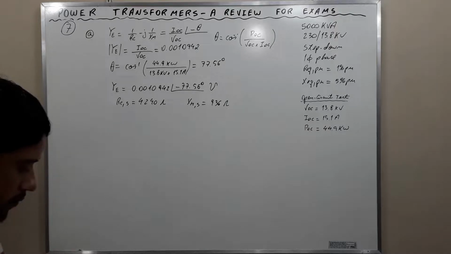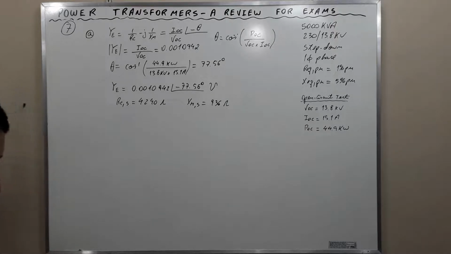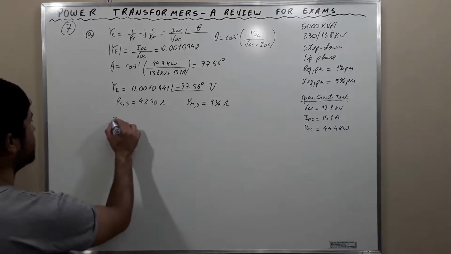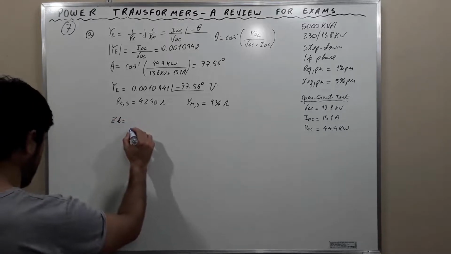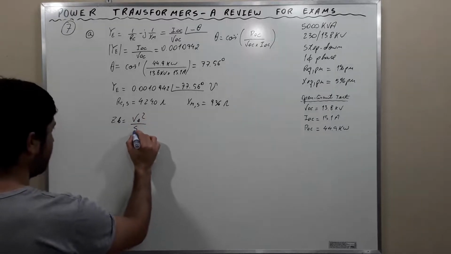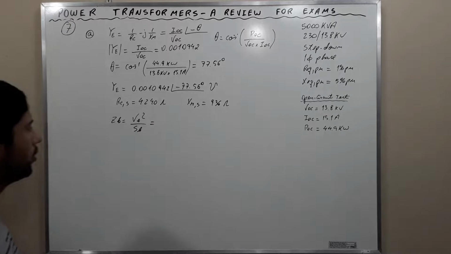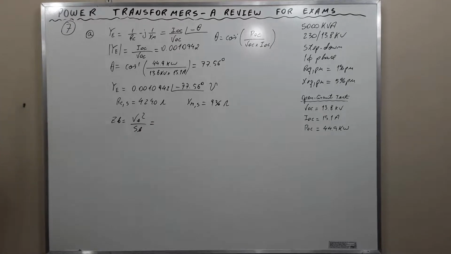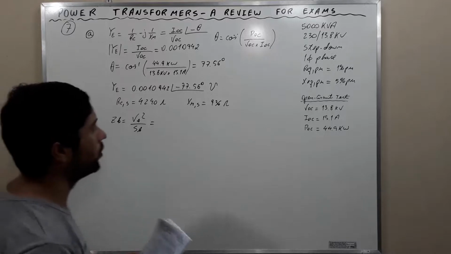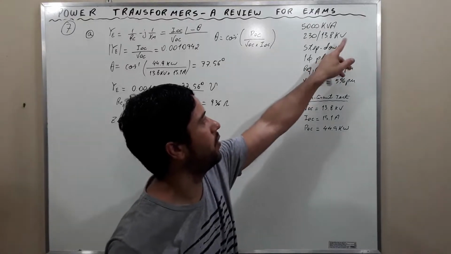When calculating the base impedance at the low voltage side, the secondary, we established that ZB is equal to VB squared divided by SB, okay? We are working here with base values, and we find that the low voltage side is 13.8 kV,